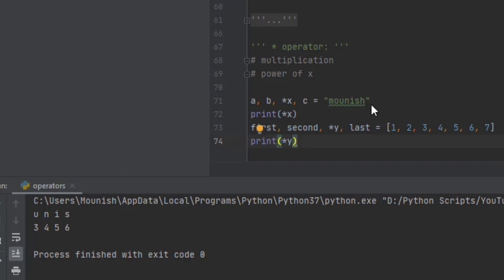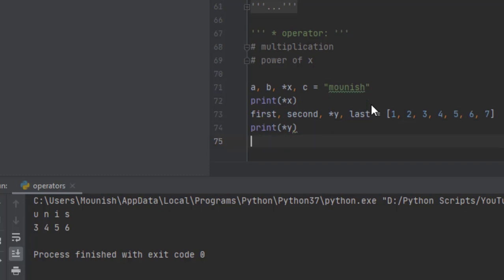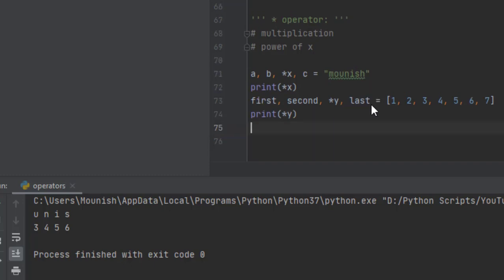If any one of you are familiar with functions, I'm going to give you an example with functions also. If you are not familiar, it's okay to be not familiar. Just note it down. I'll tell you when I'm explaining about functions.